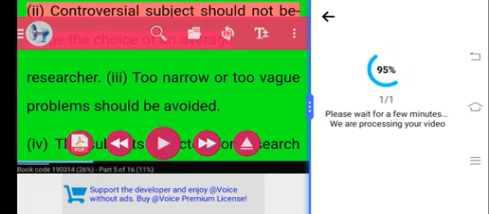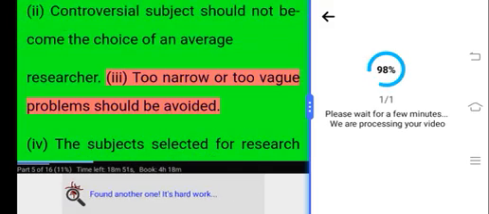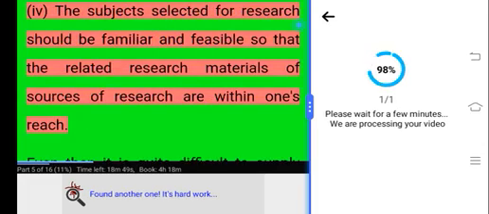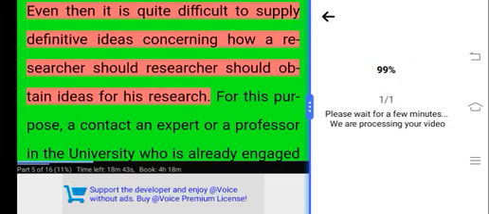Controversial subjects should not become the choice of an average researcher. Too narrow or too vague problems should be avoided. The subject selected for research should be familiar and feasible so that the related research materials or sources of research are within one's reach. Then, it is quite difficult to supply definitive ideas concerning how a researcher should obtain ideas